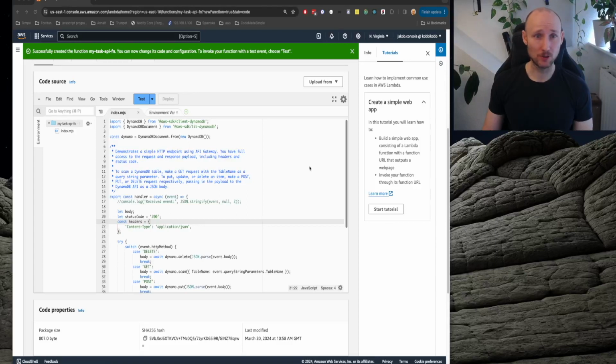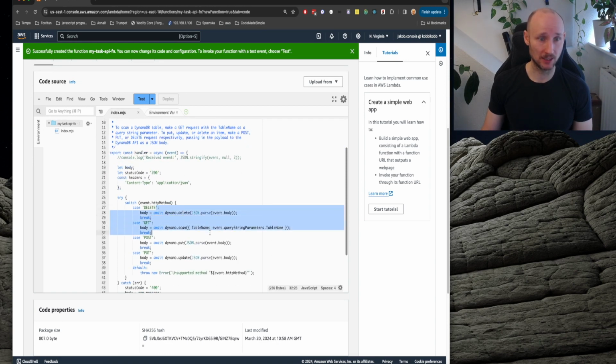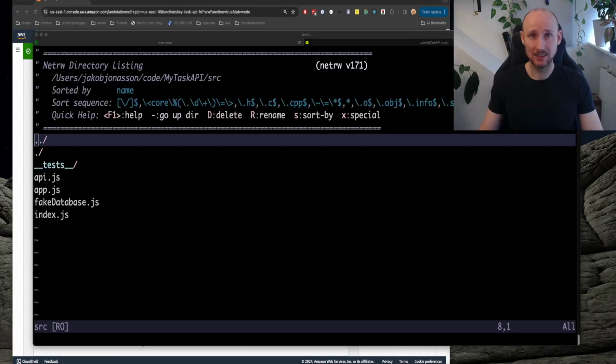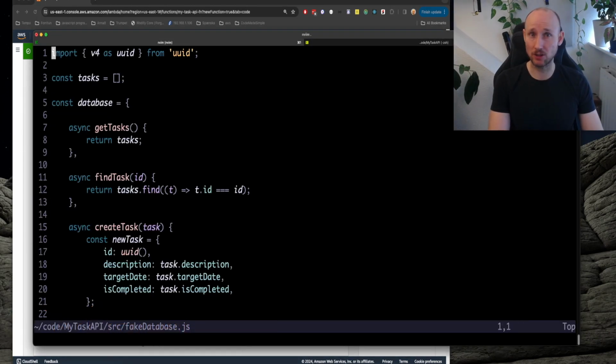The function comes with some nice boilerplate that we can definitely use. So here are the imports. We create a new DynamoDB object, and then we can use it to delete, scan, put, update, etc. In our project, we have this fake in-memory database, but we actually want a DynamoDB database. So let's copy this